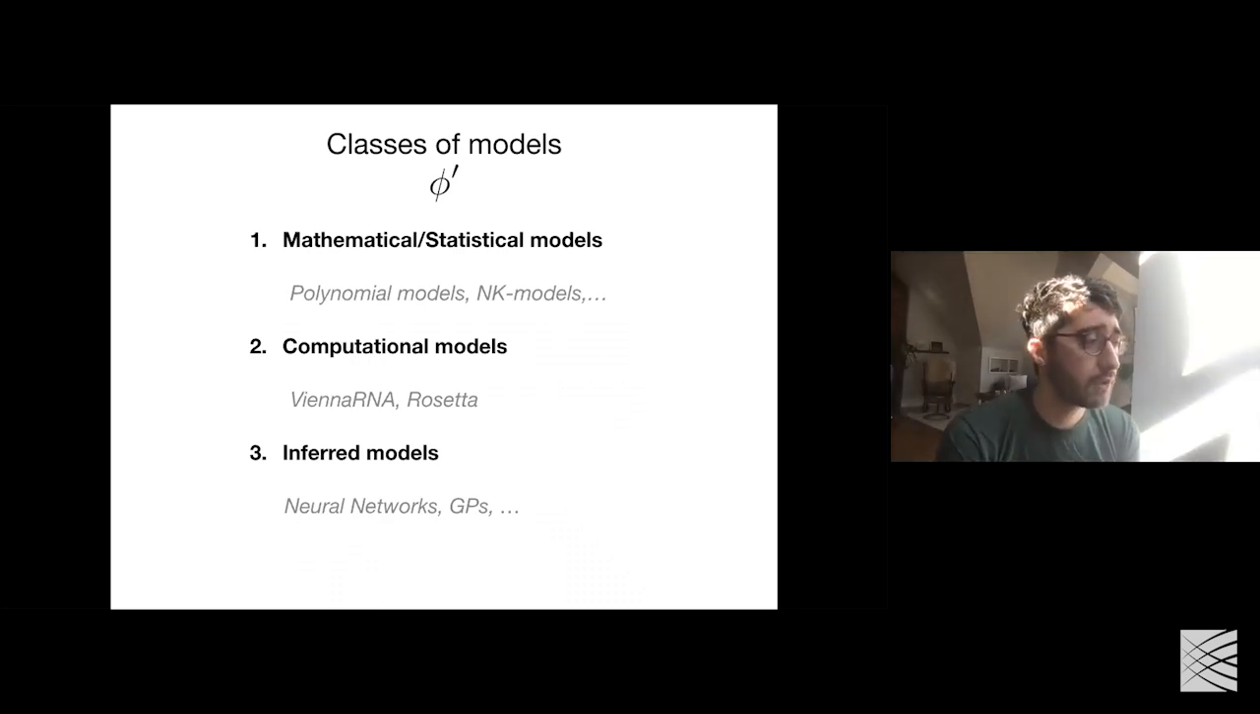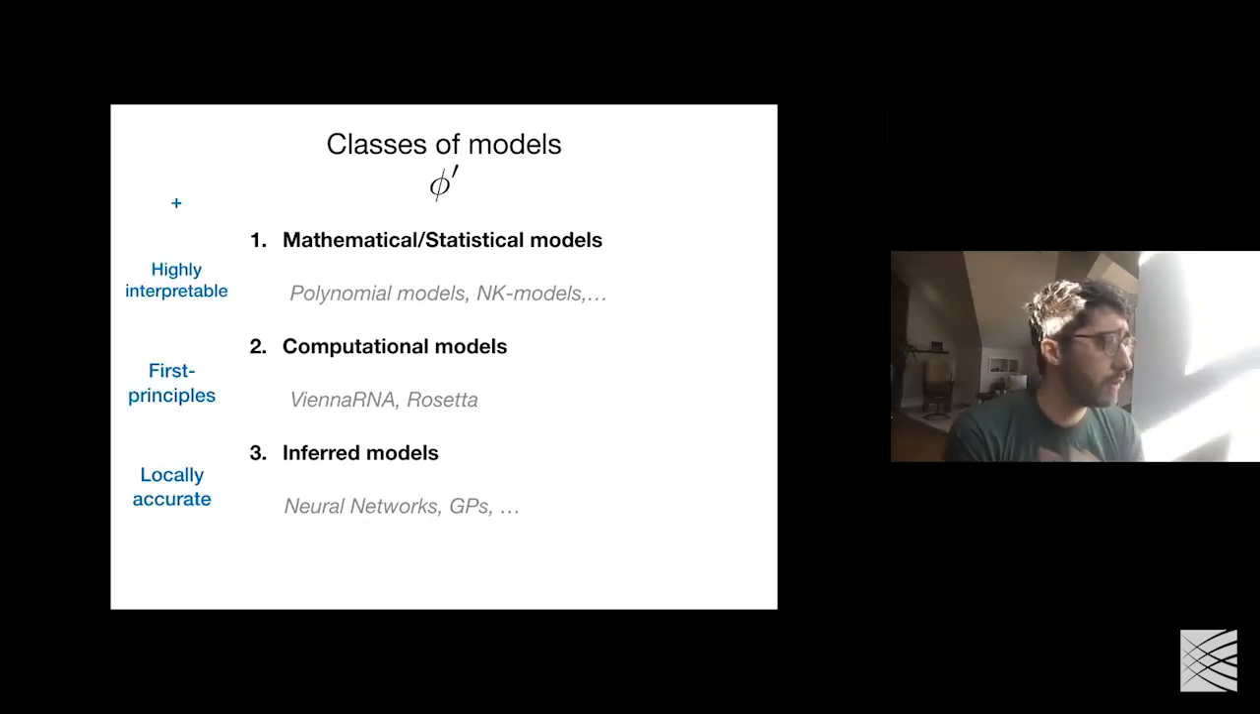The second set of models, what I will call computational models, are models that try to simulate the behavior using biophysical first principles. Examples are Vienna RNA and Rosetta. And the final one that's very popular these days is inferred from data, often black box, like a neural network model. They have very high capacity and are especially useful for things like transfer learning: training on the whole protein universe and then fine-tuning onto a small region of the space based on what's been learned from the general protein space. Each comes with a certain amount of drawbacks